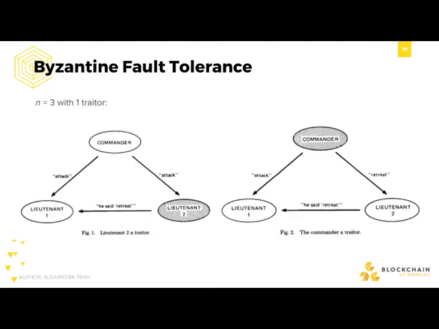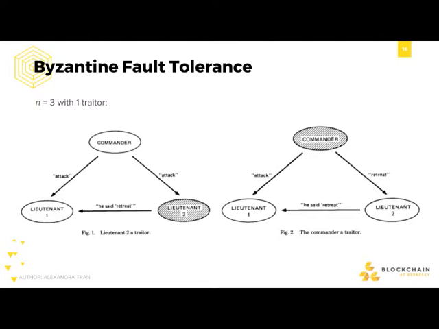So here you have two conflicting pieces of information. Then, in the compared scenario where the commander is the traitorous general, he tells you to attack and tells the other lieutenant to retreat, and Lieutenant 2 is honest and tells you to retreat. You also have a conflicting set of information. And the idea here is that as Lieutenant 1, you can't tell these two situations apart. You wouldn't be able to tell who is telling the truth and who's lying to you.